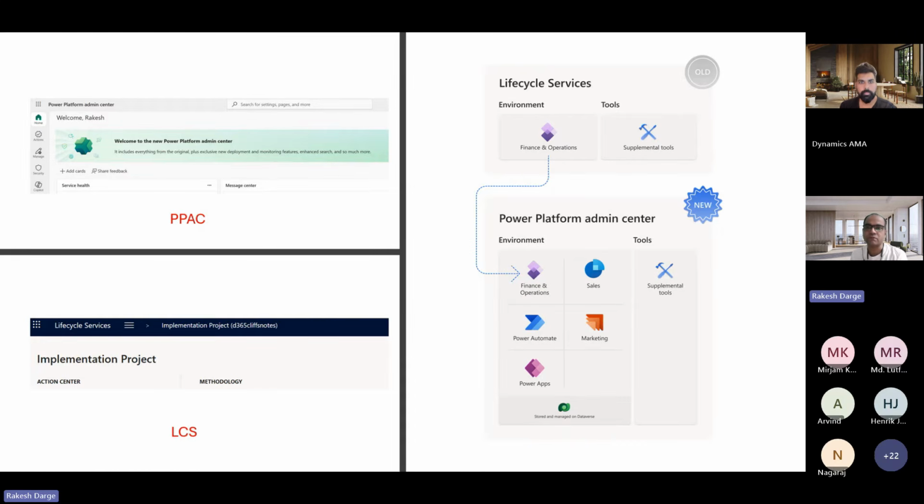And then now we are here where we can see all the components of Lifecycle Services, whether it's environment management, traceability of each and every activity that we used to see in the LCS, and all this tooling experience, whether it's a SQL connection to be checked, the SQL queries, insights, what's happening, as well as the bottleneck that we used to see while running some performance challenges. All this tooling experience started merging day by day, slowly. That is the crawl, walk, and run approach to the Power Platform Admin Center.